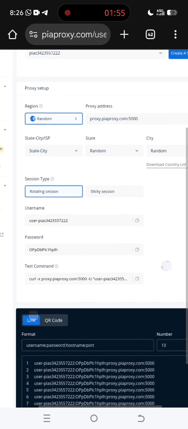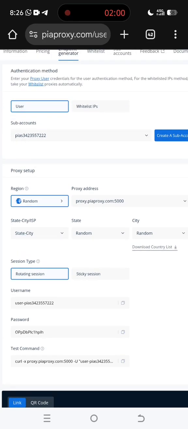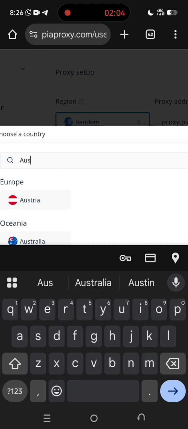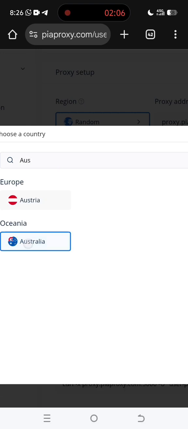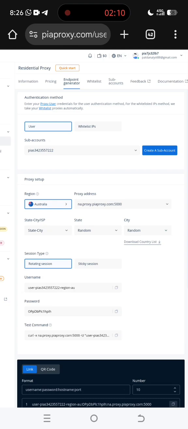Now, what do you do here? You come and select your region, right? Select region. If you want to do an Australia survey, you search for Australia, you choose confirm. Then you want to select